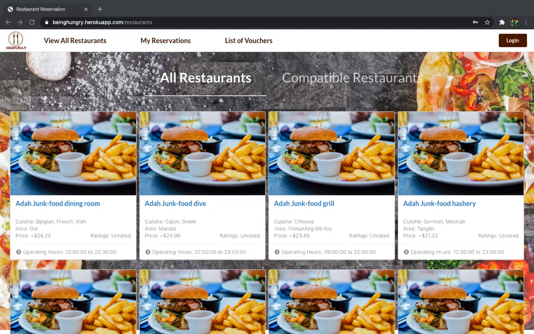Today I am here to demonstrate my project. Our project topic is restaurant reservation, and the name of the app that we have given is Hungrily. My team member is Mohit. Mohit and I have developed a full stack application using some frameworks. We generally followed the PERN stack: Postgres, Express, React.js, Node.js.